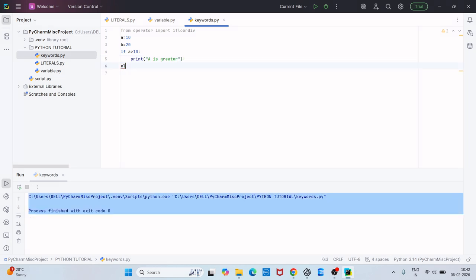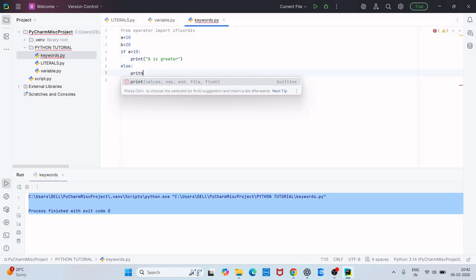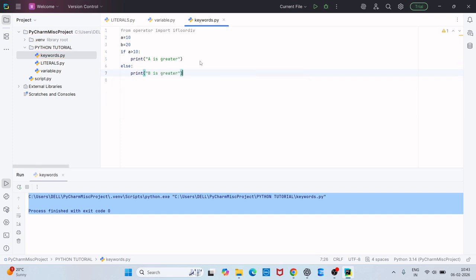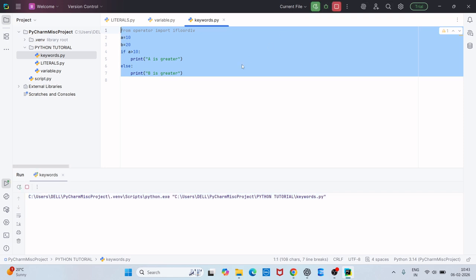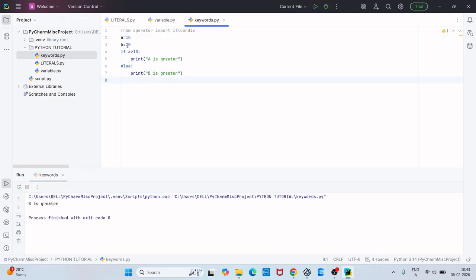Else is the else statement. Else, print b is greater. Once you execute this, you can see the answer: b is greater. Why is b greater? Because the value of b is 20.